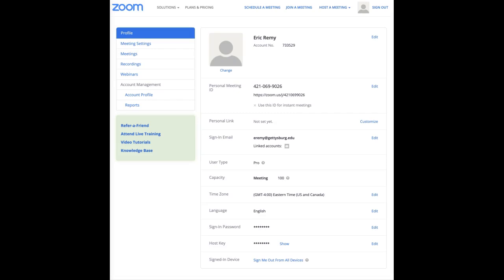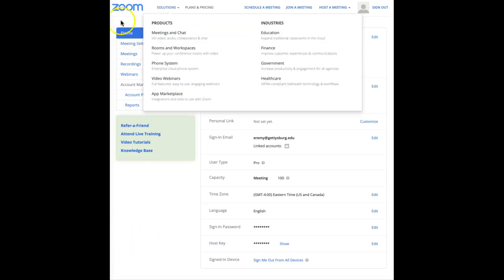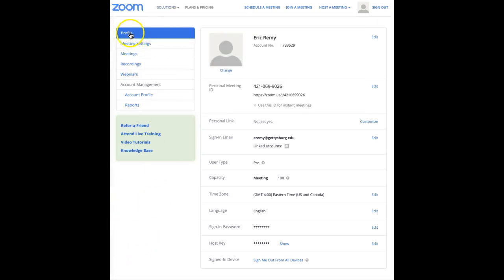know how it works. When you first log in, you're going to get to your profile page here, and you can put your picture in if you want, and you'll have your email address and a bunch of other things here. The important thing to note here is this URL, the HTTPS J2142 whatever. Each of you will have your own individual meeting ID. You do not have to worry about stomping on anybody else, and that URL will stay the same throughout the